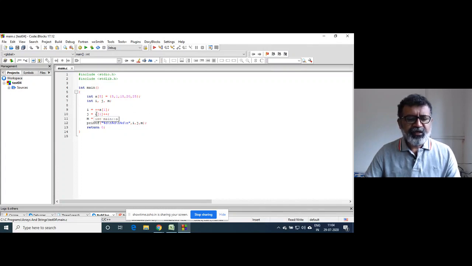The next statement says A of 1, that is the same element again, but plus plus is the postfix increment operator. So what will be stored in J? That is A of 1 again, right? What is that A of 1?